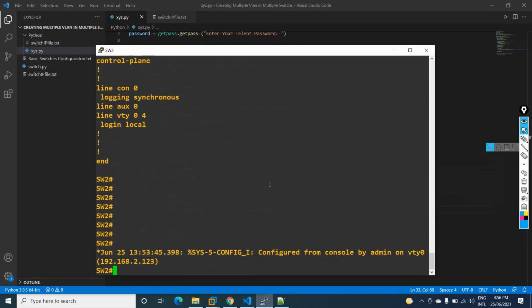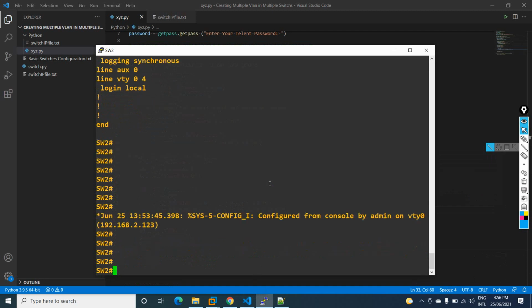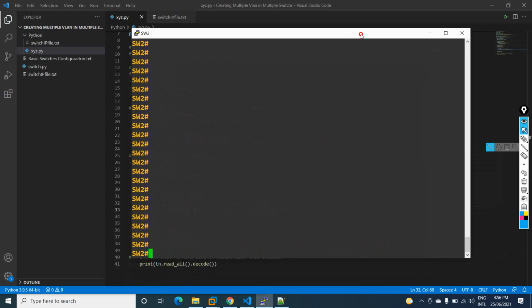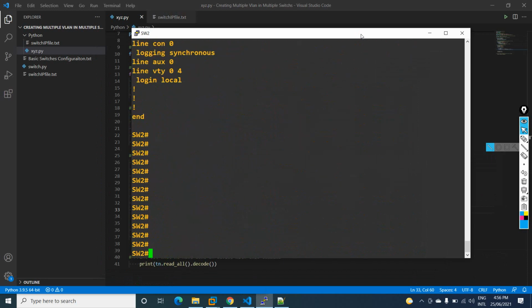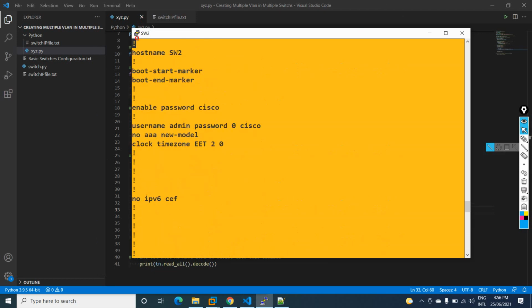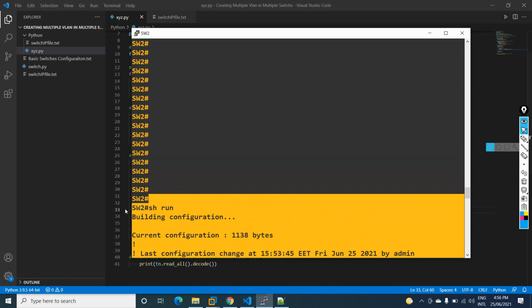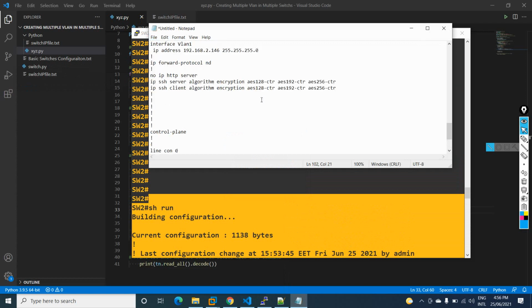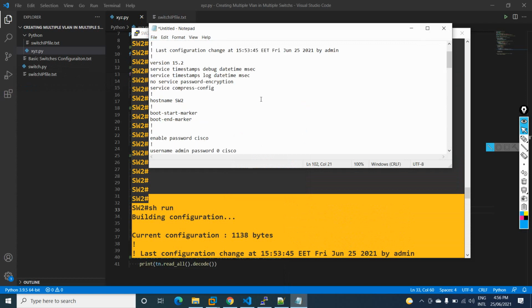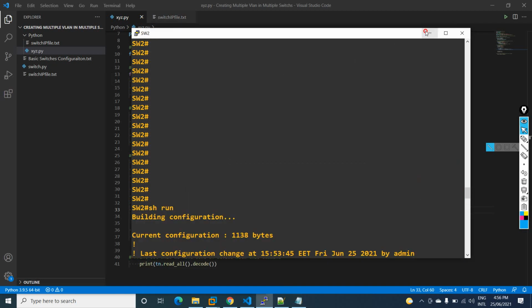If you remember, in our previous class, if we want to take a backup, we go to the devices one by one, write show run, press enter, and copy this whole thing from the top. Then I open Notepad, paste the configuration, and save the file with the name of the device. Generally we take backups this way, but in this video we are going to learn how we can take the backup by using a Python script.